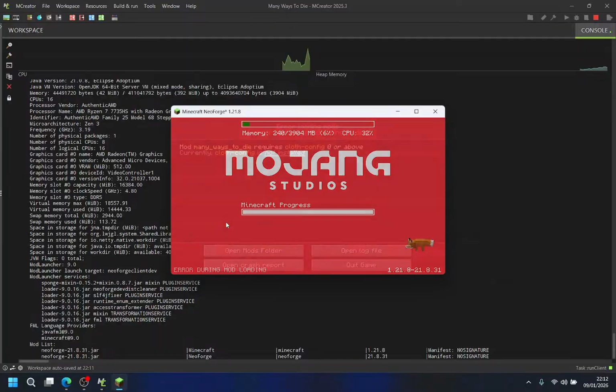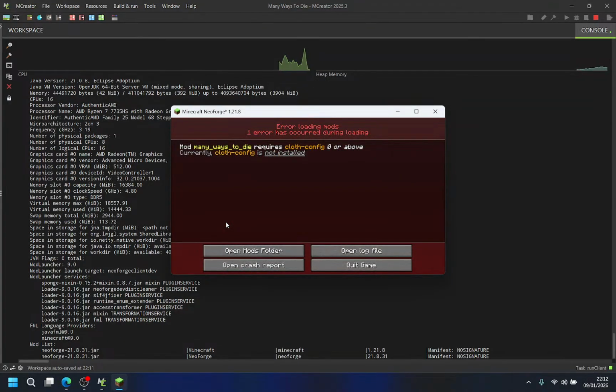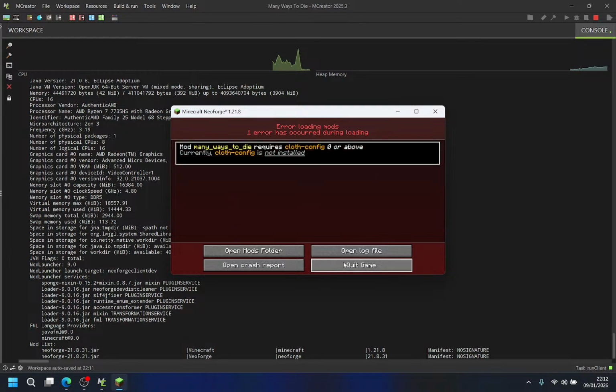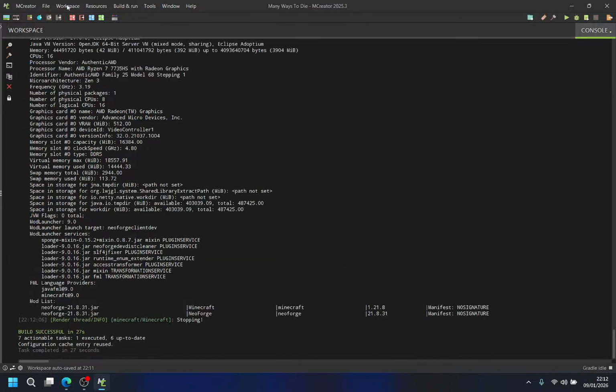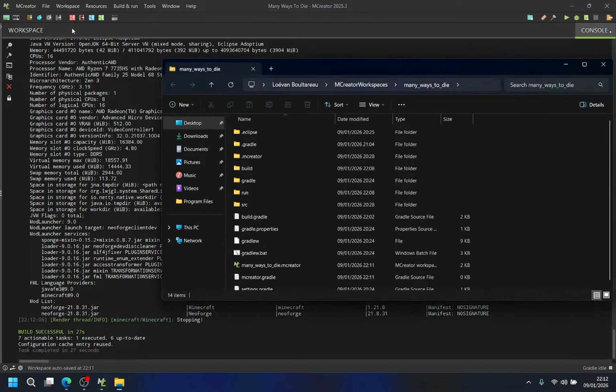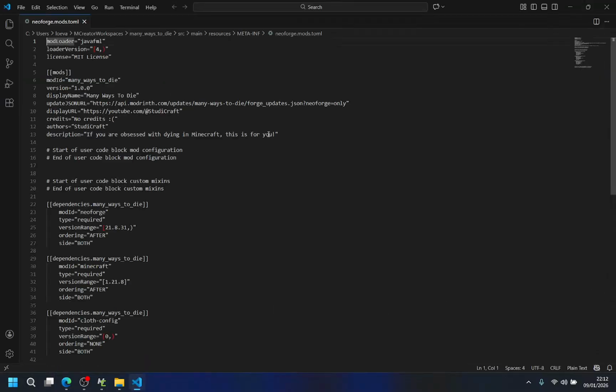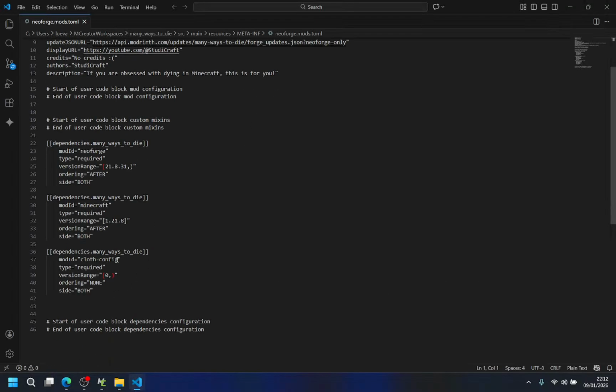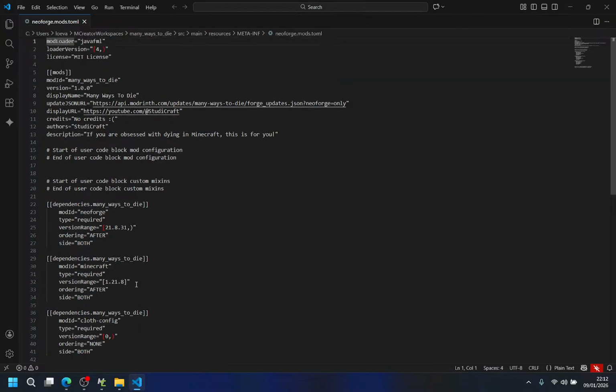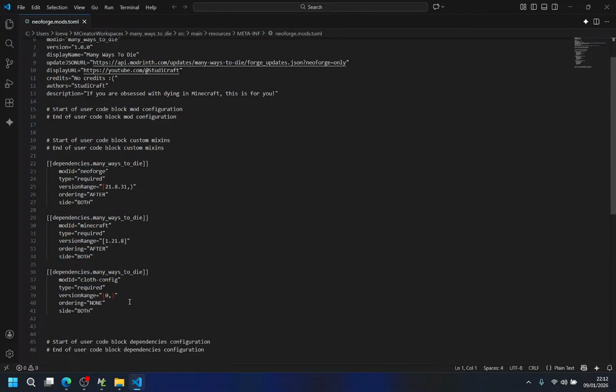Excuse me, but it's not what I said. It's not what is written, right? Main resources, meta in this thing. Now this thing here. What? But I've changed it. Did it skip?